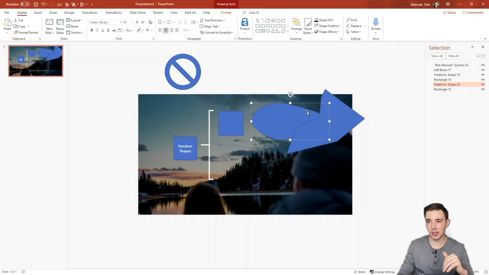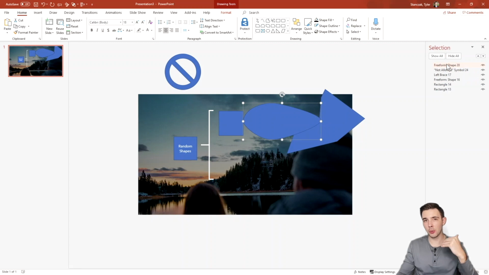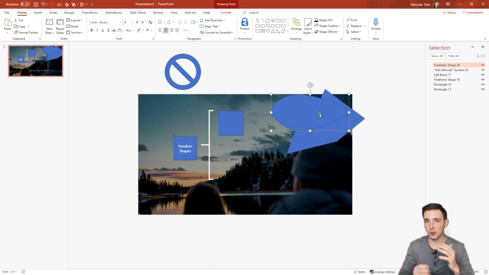Another way to see all these layers is if you go here to arrange and then you go to selection pane, this is where you're going to see all these layers. So let's say I want to bring this object and I'm just going to bring it forward. As you can see, it just moved one layer. But if I bring it to front, it's now going to jump all the way to the top. So that's just a quick way to see what I was trying to explain there in terms of bring forward or send backward or bring to front or send to back. A lot of different ways to arrange your objects in PowerPoint.